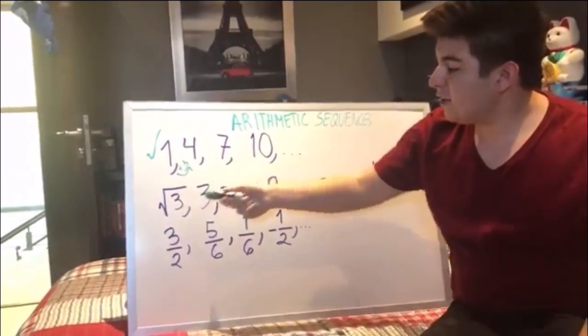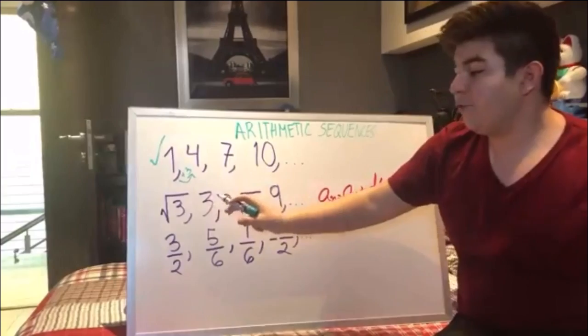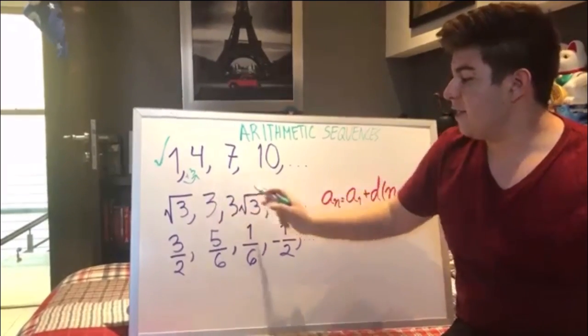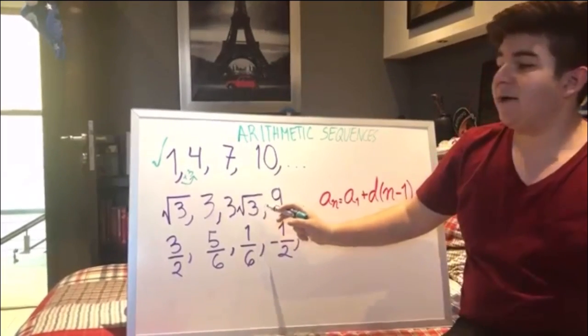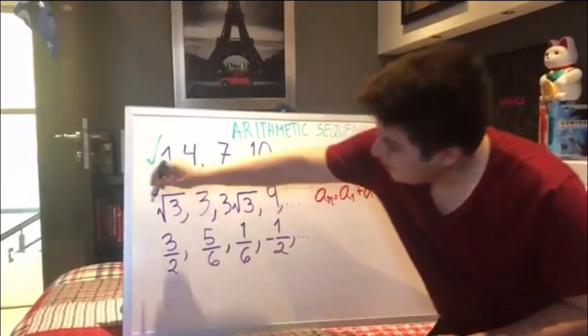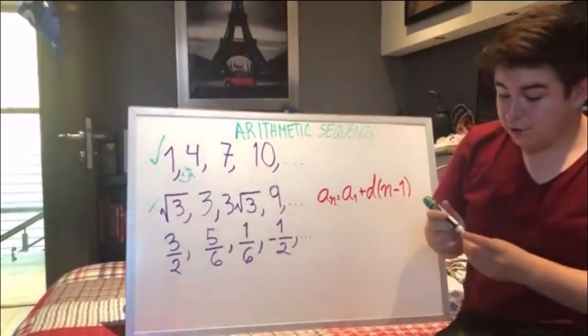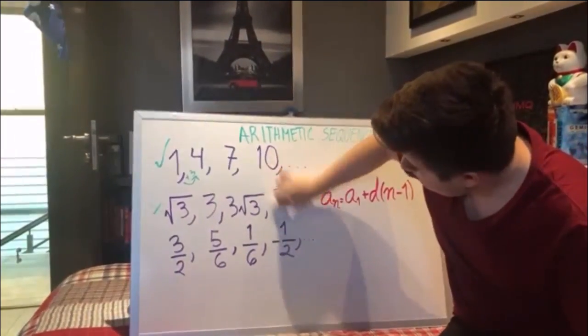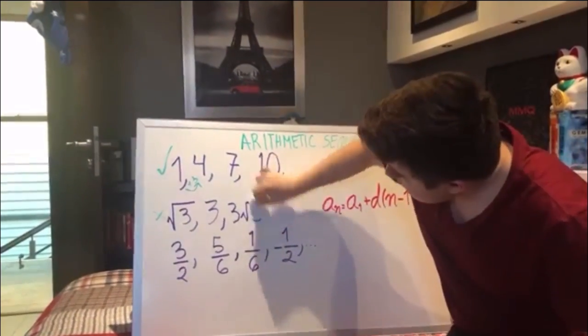Then, for the second sequence, we'd have to add 3 minus the square root of 3 to get to 3 from the first term. And then to get to the third term, we just have to add the square root of 3. So it is not in fact an arithmetic sequence, and in turn it is a geometric sequence, so we're not going to work with this one. Then, for the last sequence,